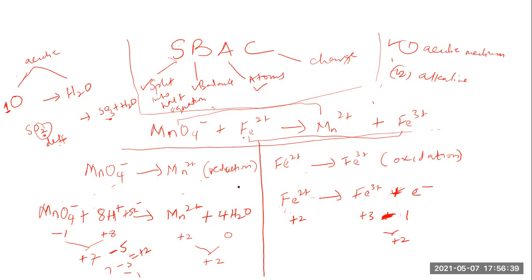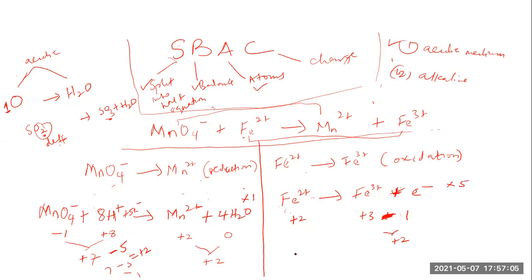It's like solving simultaneous equations. It's happening together. So if 1 electron is lost, this cannot gain 5 electrons. To make that equal, I will multiply this one by 1 and multiply this one by 5,